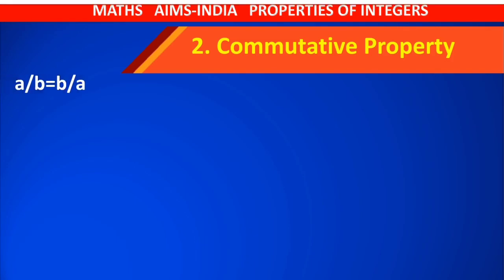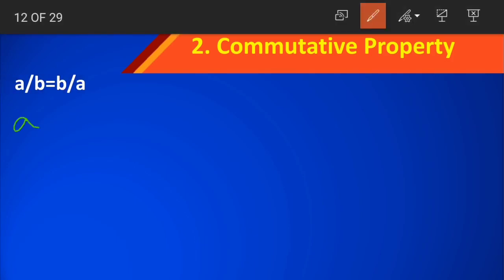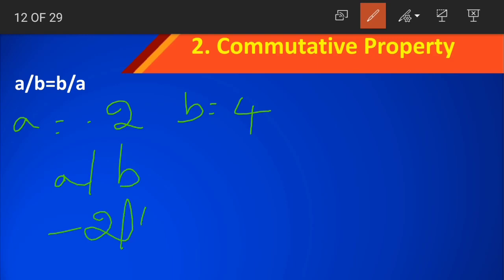The last operation is division. Again let us take some multiples here. A is equal to minus 2, B is equal to 4. Okay class, A by B. How do we solve A by B? Minus 2 by 4. Coming to the signs, one is negative and the other is positive. So the answer will be negative. The signs are different, answer will be negative. 2 divided by 4. How do we solve 2 divided by 4? 2 1s are 2, 2 2s are 4. The answer is 1 by 2.